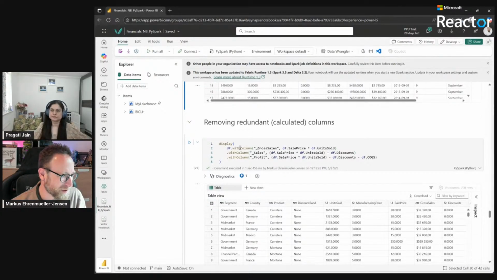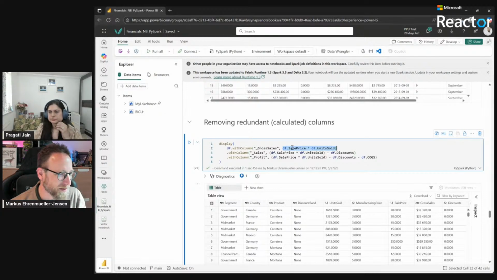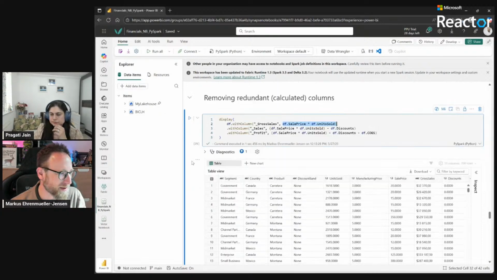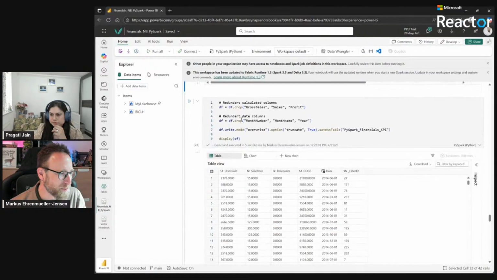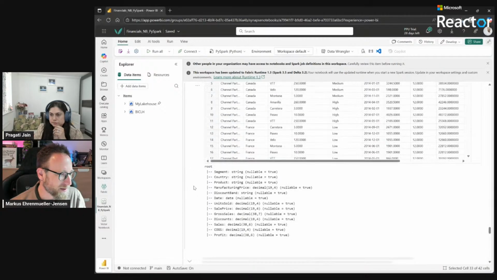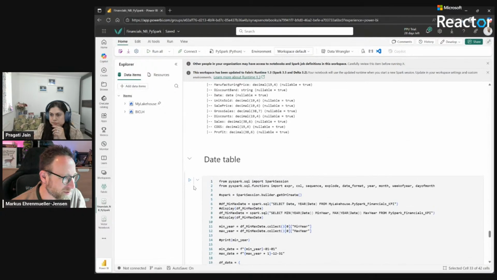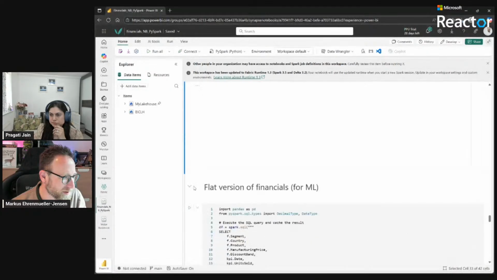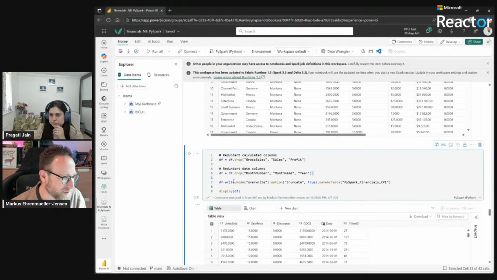So then I calculate some things. So the gross sales, find out that the gross sales is just like the sale price times the unit price. So maybe we can remove it from the resulting dataset, and also remove the year and the month. And at the end, I store something like this again in my, where is it? What's here? All right, here we go. Like write mode, also store this as the KPI table, right?